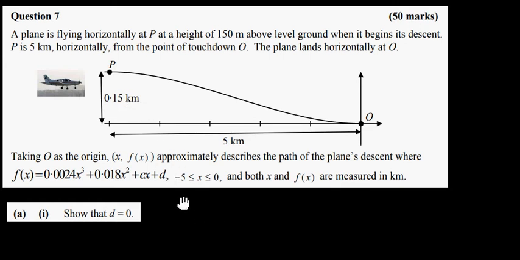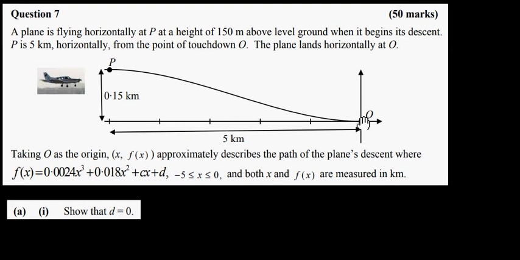First thing we've got to do, in fact the first two parts of this question involve finding c and finding d, and we're told here to show that d is 0. So in order to do that, what we're going to do is use one of the points on the curve here. So this is our function here. We know this point here is